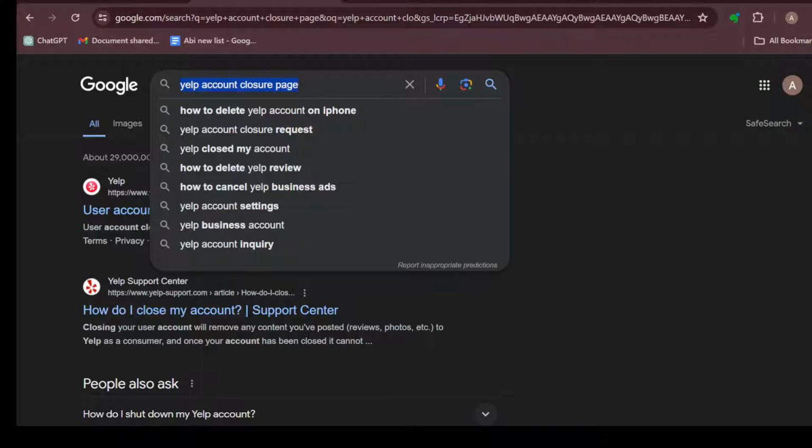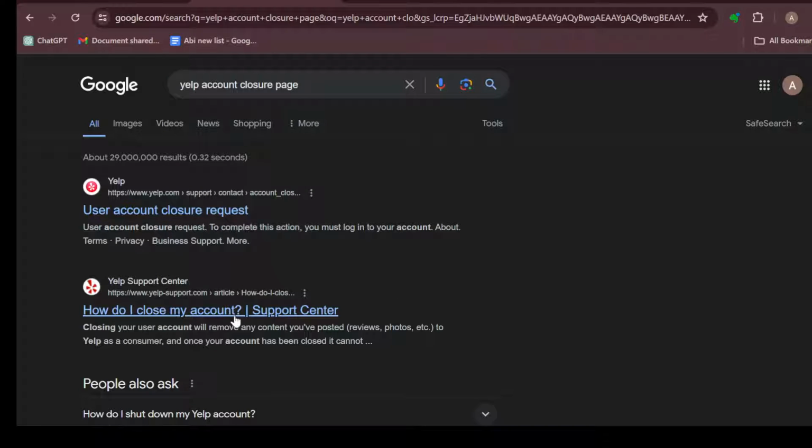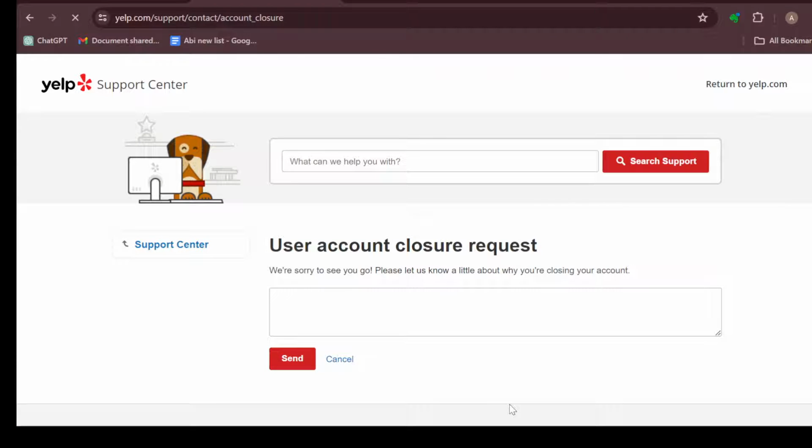All right, this is because you cannot delete your account directly on your Yelp account. You would have to type out Yelp account closure page, and after typing it out you can see some options displayed. Ensure you select user account closure page. So after selecting that, we are brought to the user account closure page, and then you'll be asked to